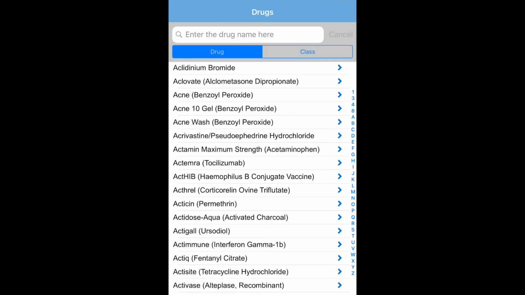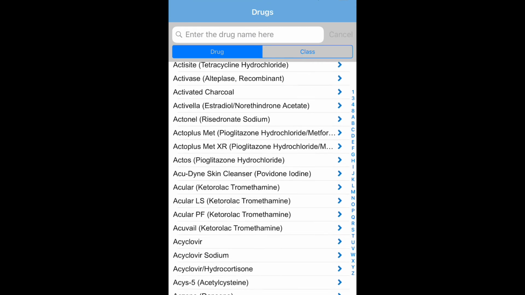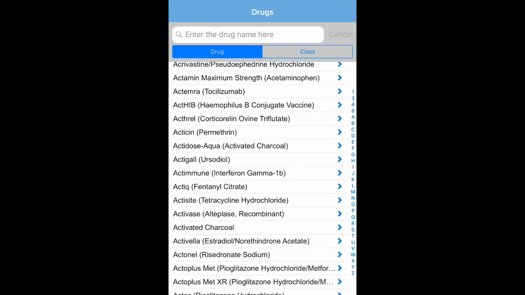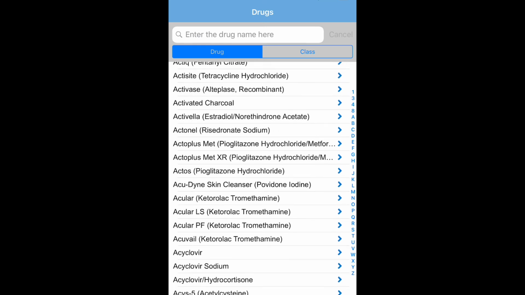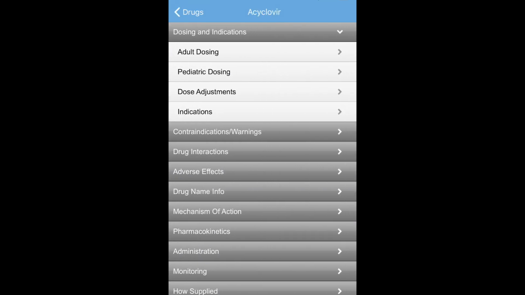Hi, I'm going to talk to you about IBM Micromedex. It's one of the top 5 telephone apps for pharmacology. I like it because it's very easy to use on the phone. It has all the medications in alphabetical order, and you can actually print or search for a drug using the drug or classification. I'm going to look at acyclovir, and IBM Micromedex gives you adult dosing,